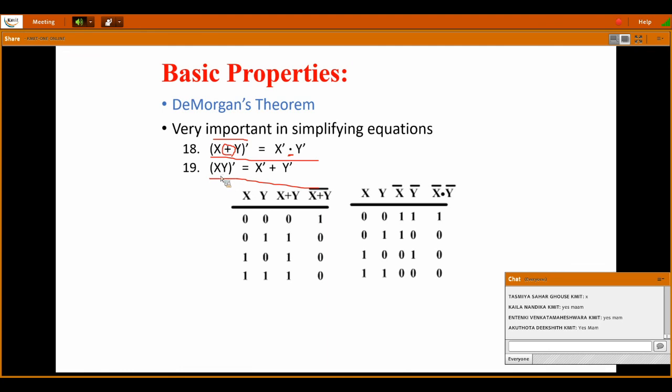So this is the 18th one, and the 19th one is, suppose an AND operation is there, xy whole bar is written as x bar plus y bar. See what is the difference? Suppose you don't memorize the identities, just replace the variables with 0 and 1. If you remember the basic gates AND, OR and NOT, you will easily write your identities. No need to memorize anything. For De Morgan's law, the first point you need to remember is OR should be replaced with AND, AND should be replaced with OR, and the complement should be splitted. That's all.